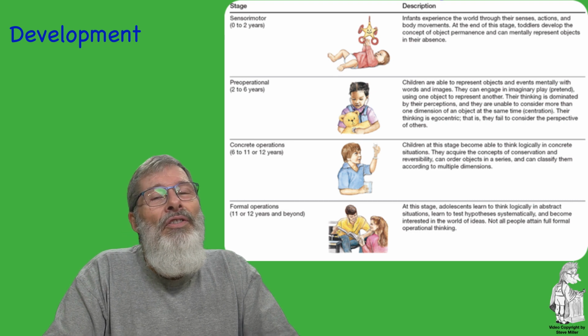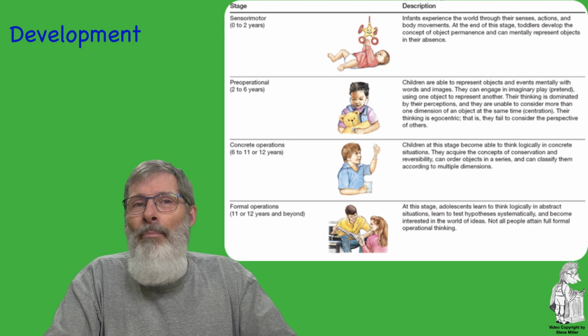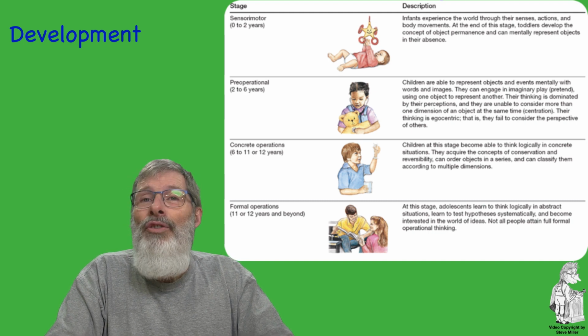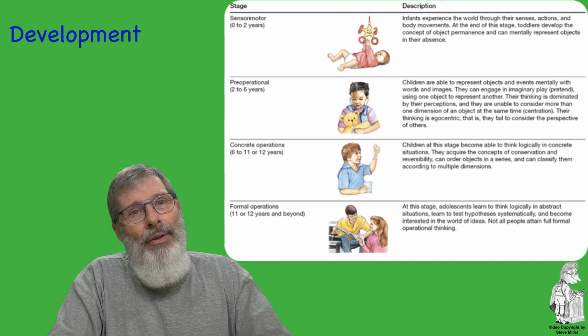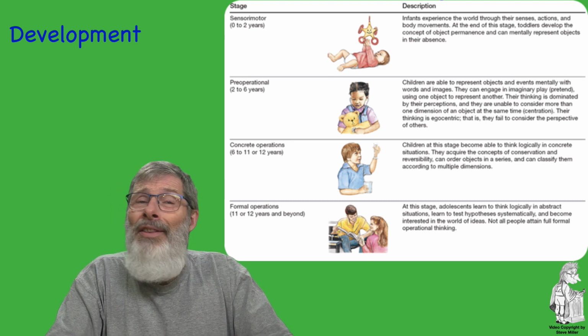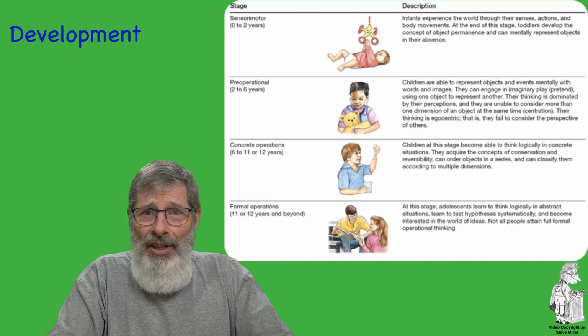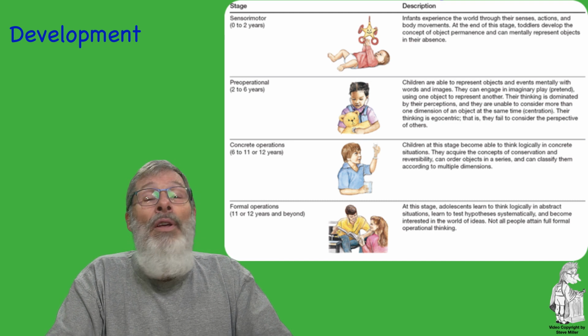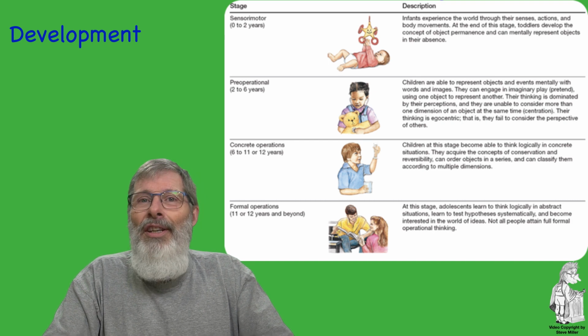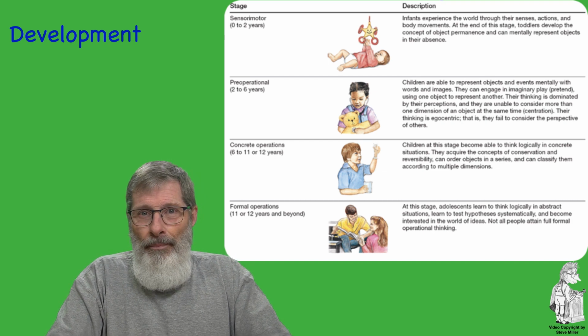The term reversibility is the recognition that many processes can be reversed or undone, returning to their previous condition. Children have the ability to focus on two dimensions of a problem at once. That's called decentration. Then we move to the formal operational stage, and this is the onset of adolescence to adulthood.